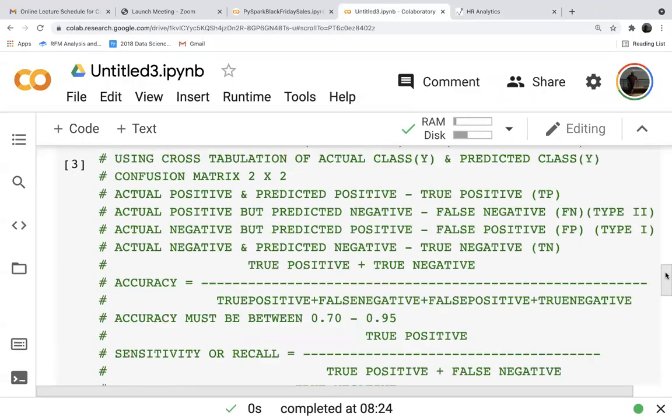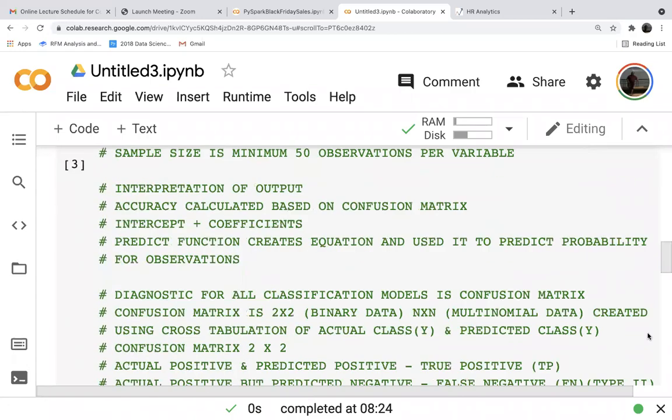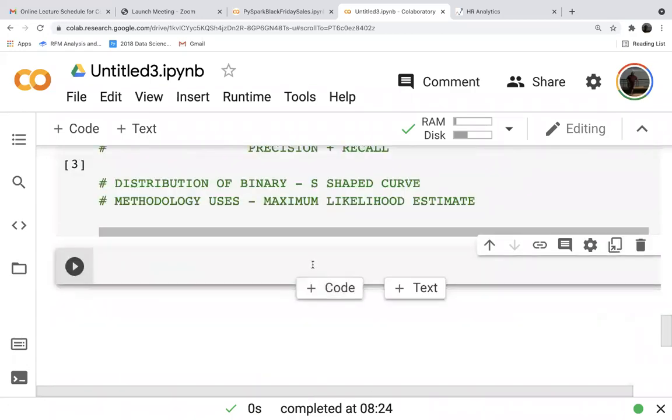So this is the basic theory of your binary logistic regression. Any doubts, participants? Sir, how will the confusion matrix look for multinomial classification?